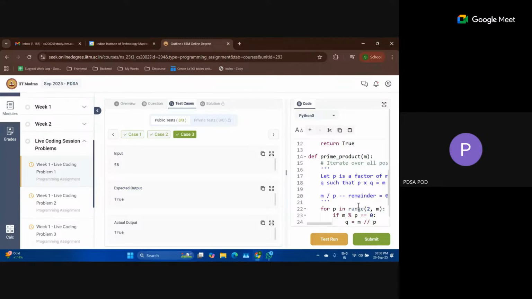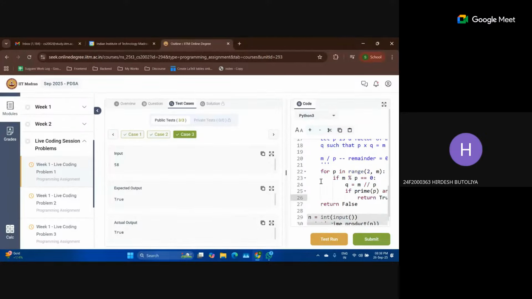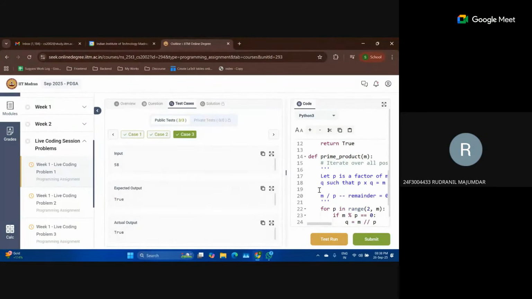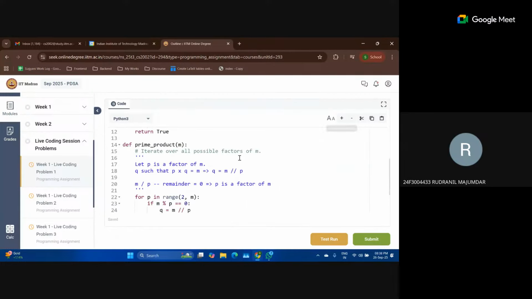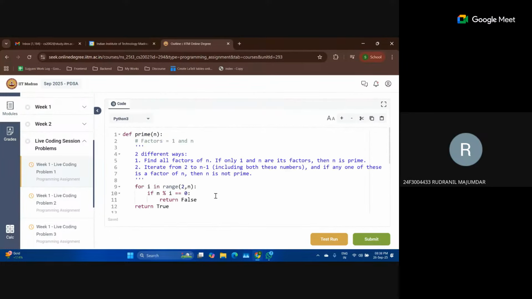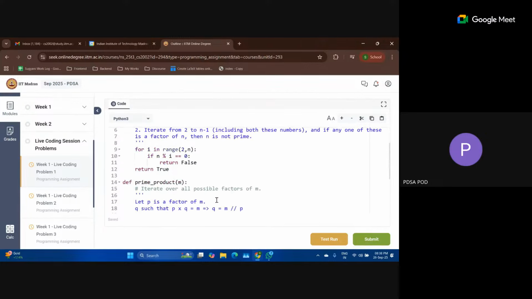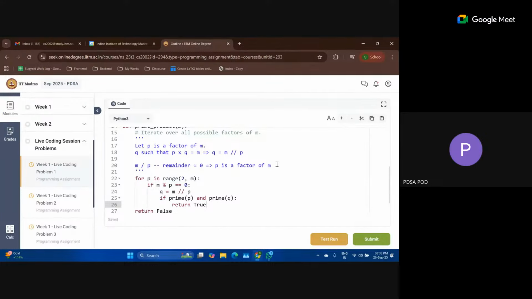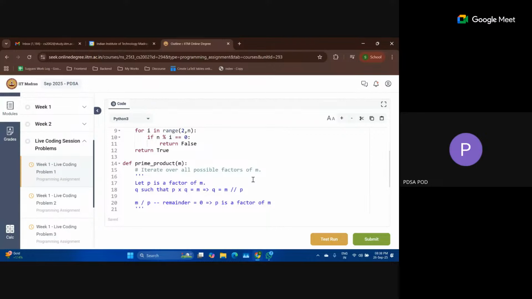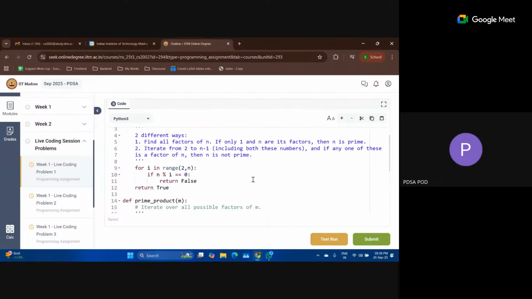Okay, is that fine? Should we go to the next problem? Yes, ma'am. Can you just scroll up to the first? This is being streamed. All of this code is there on YouTube, so don't worry about it. Don't worry about taking screenshots and everything. Everything is on YouTube. You can see it anytime you want.